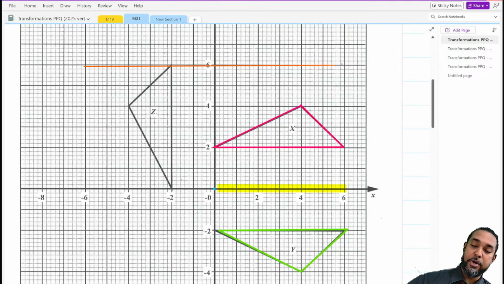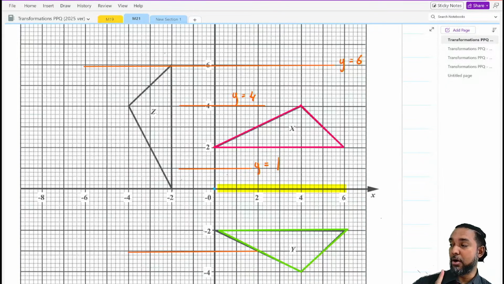And as such, the equation would simply be y is equal to, in this case, 6, but it's whatever number on the y-axis it passes through. So if I pass through this point here with a perfectly horizontal line, what would the equation of that line be? Y equal to 4. If I pass through this point here, what would the equation be? Y equal to 1. If I pass through this point here, and again, only with a perfectly horizontal line, right? So what would that be?